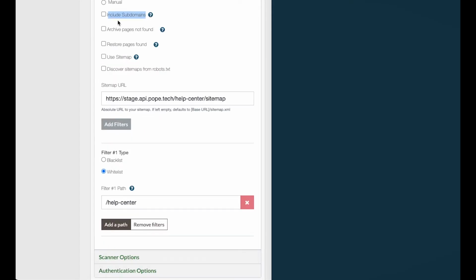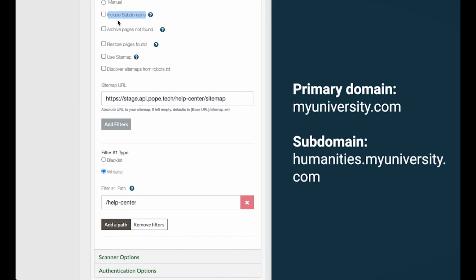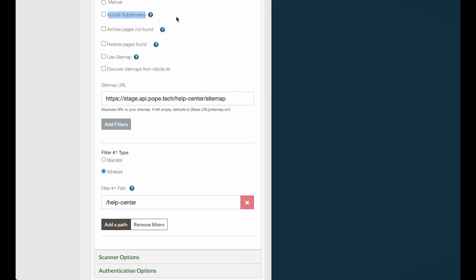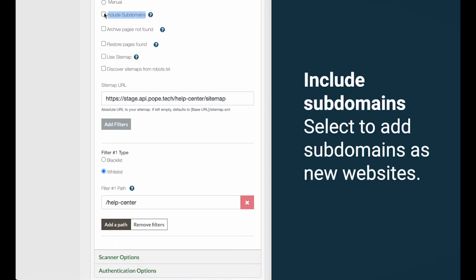Subdomains can be used to organize different parts of a website. For example, myuniversity.com is the primary domain for the university. Humanities.myuniversity.com is a subdomain where the College of Humanities website lives. PopeTech treats subdomains as separate websites, so it will not add them as new pages. If this option is selected, the subdomain would automatically be created as a new website.